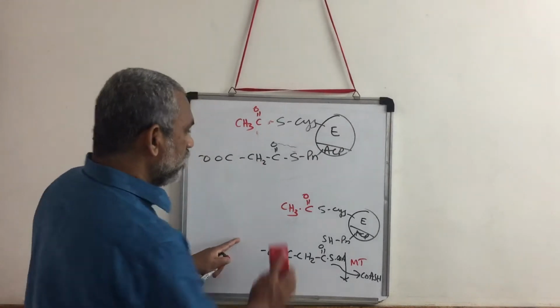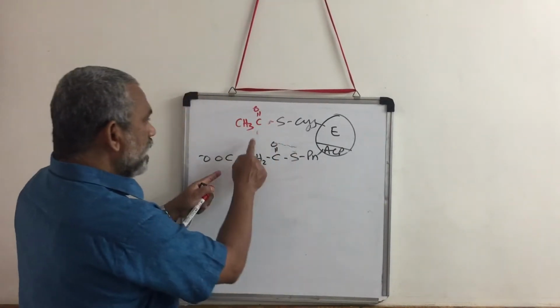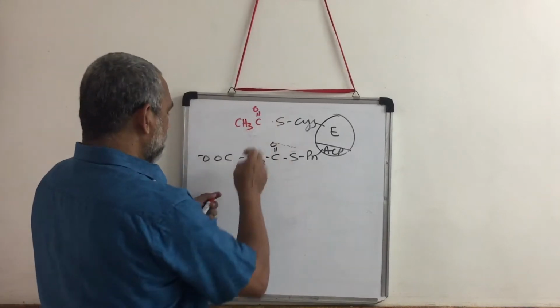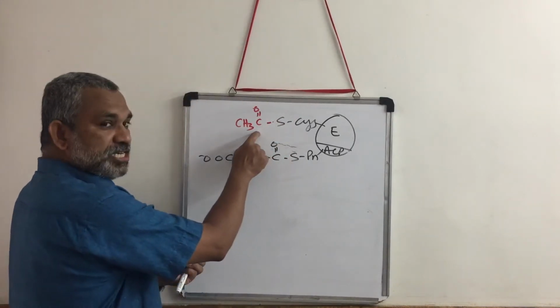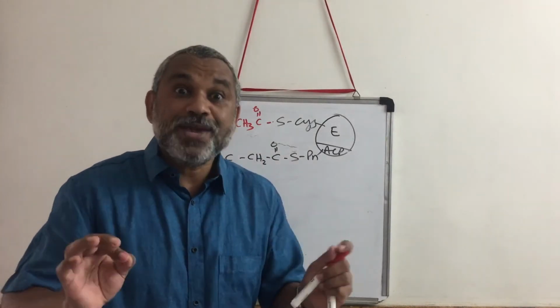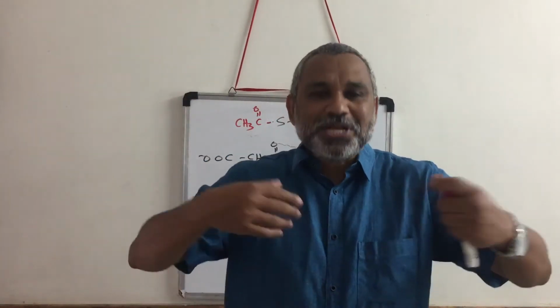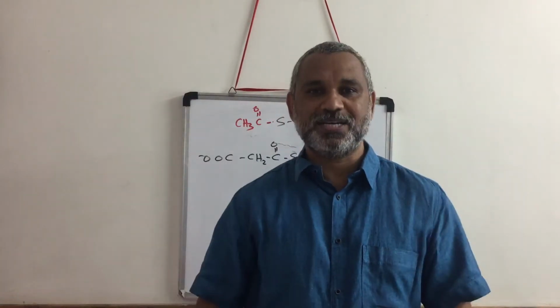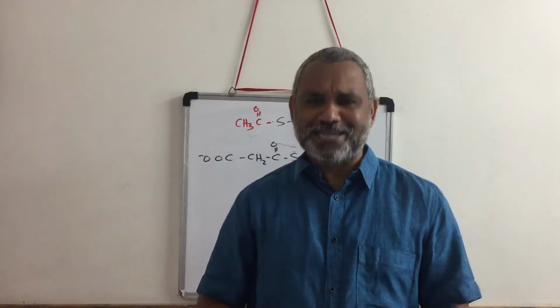So now let us rub this. Now an acetyl unit is attached here, a malonyl unit is attached here. Now we can say that the enzyme is primed. Now it is capable of carrying forward fatty acid synthesis. Let us see how this is done.